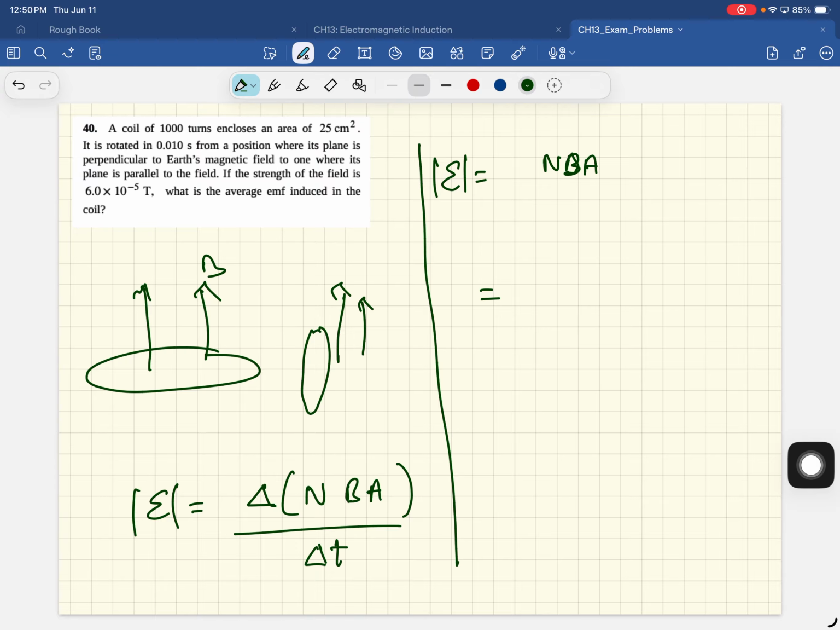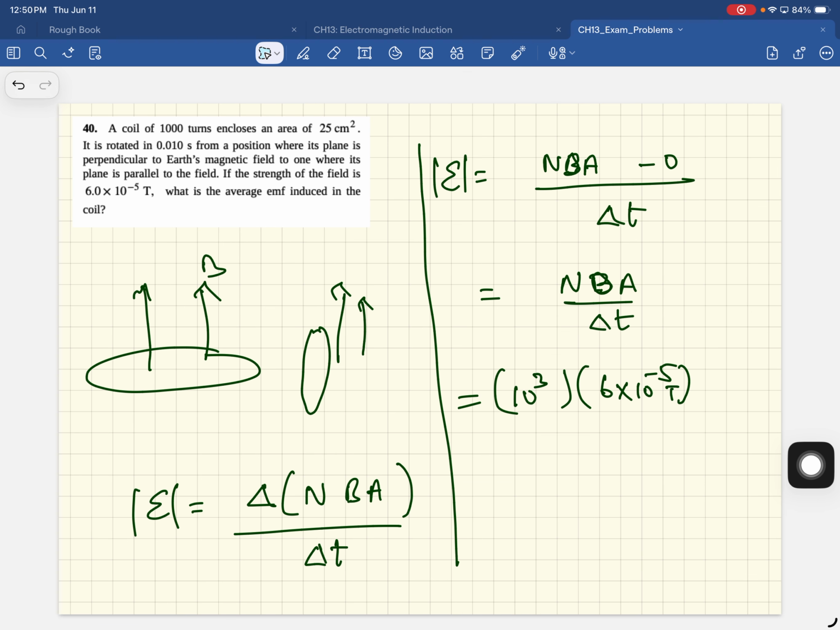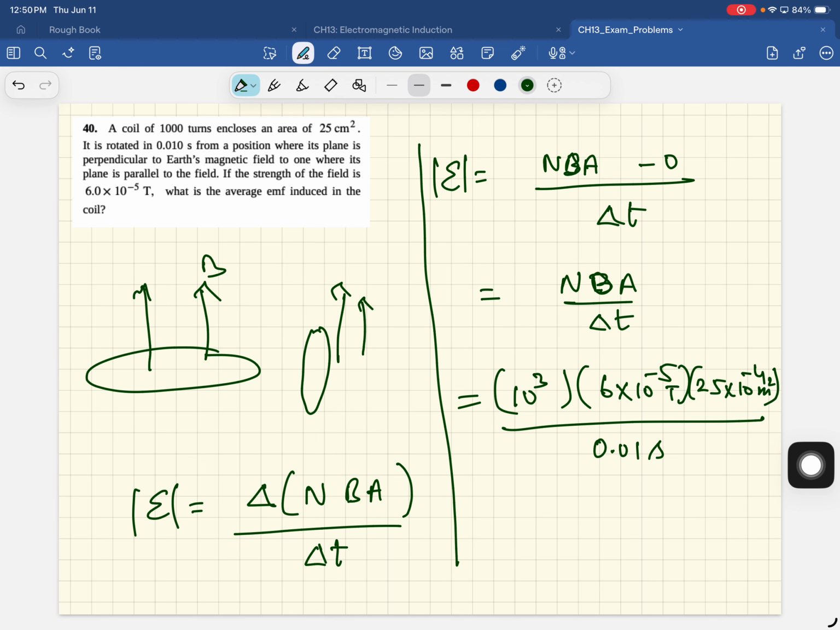And the force on the electron is QV cross B. The magnitude of the force is, since Q and V are perpendicular to each other, QVB. So the force on the electron will be